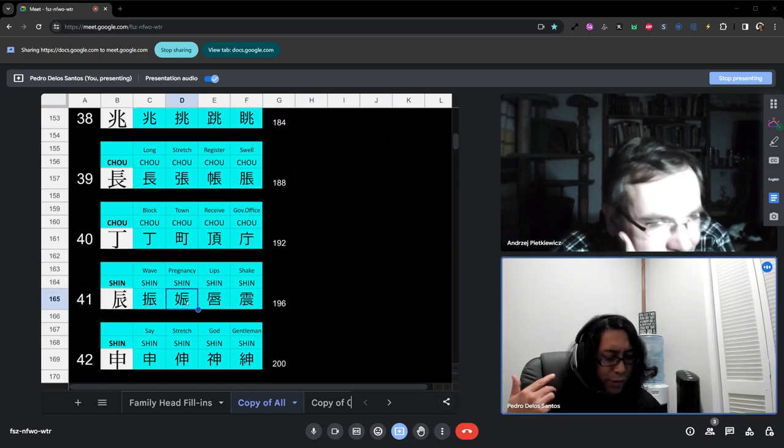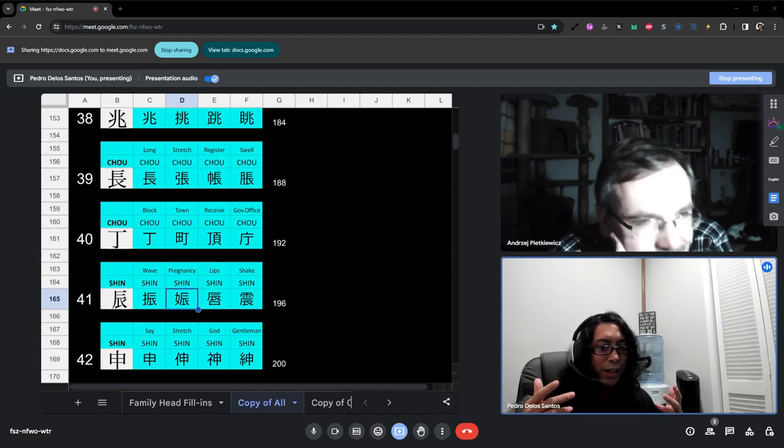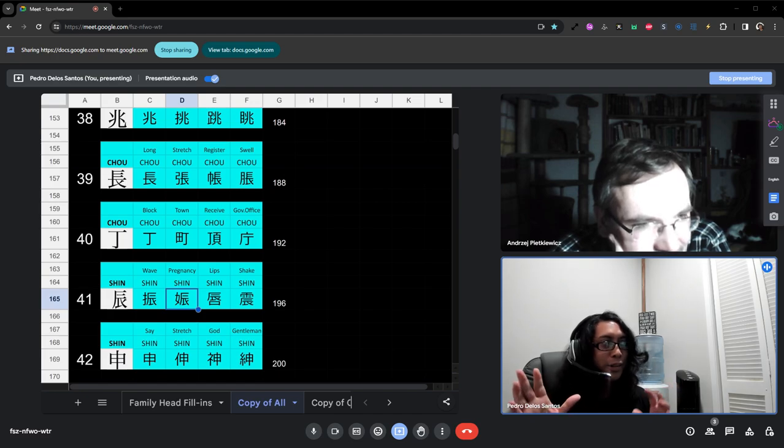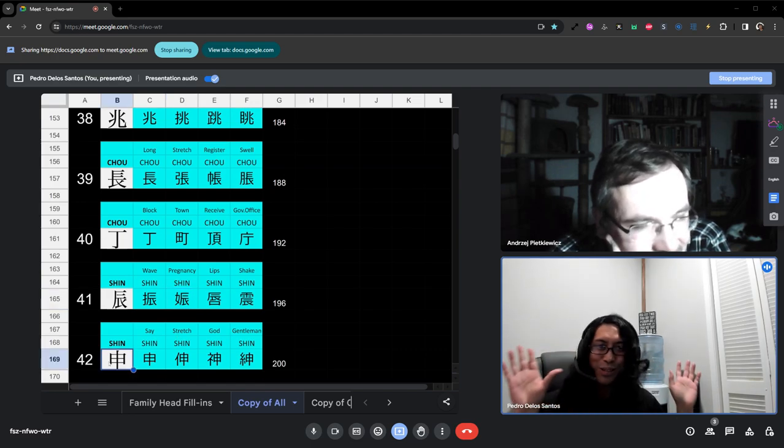When you know enough of how kanji is put together and how the symbols come together, you start realizing like, oh, there's an underlying philosophy behind it. And that's what happens when you study kanji very quickly. You start realizing like, oh, there's a pattern here. So anyway, this is the last kanji family we'll go through, and then we can talk more about stuff, and